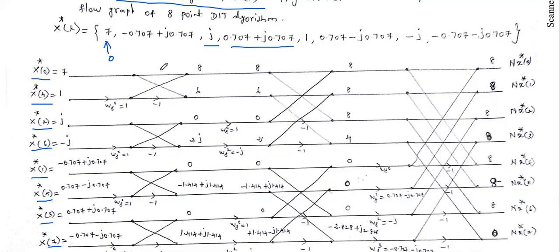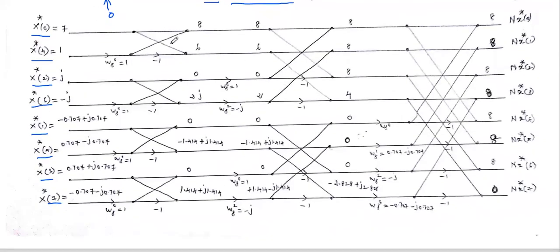And you know, 8-point butterfly means there are 3 stages. This is the first stage, second stage and third stage. Okay. So in the first stage, it has the 2 butterfly. In the second stage, 4 butterfly. In the last one, 8 butterfly. Okay. So in the 2 butterfly, you see what is the input applied?